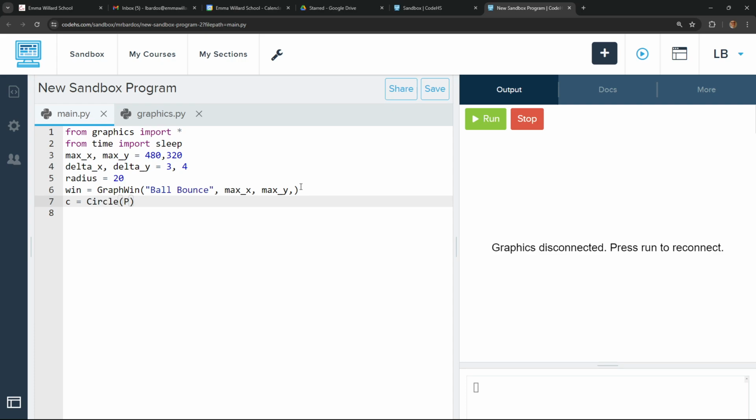And I'll make the center point at, well, let's have it in the middle of the screen. So I'll do max x divided by 2. I'll do integer division, and then max y divided by 2. So that's going to make our x coordinate, and then I need the radius, which is in the middle. So let's draw our circle,